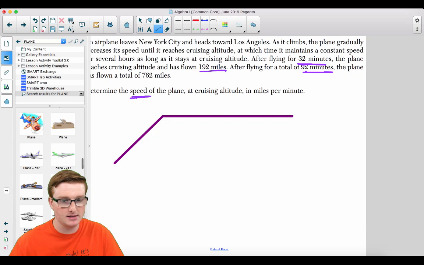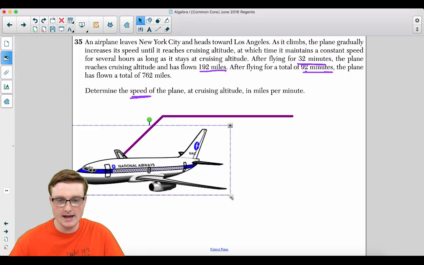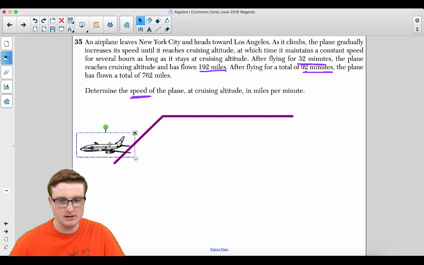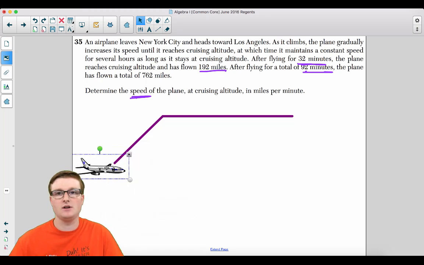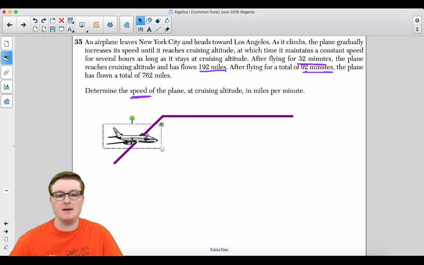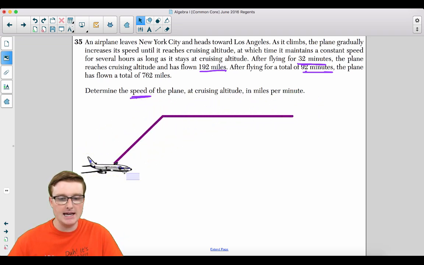Airplane. Ooh, nice. We got an airplane. So here's an airplane. Okay. And it takes off. I'm going to flip this. So it's taking off. It's going up, but up, but up, but up. And it's staying at a cruising altitude. So the plane, what's happening here